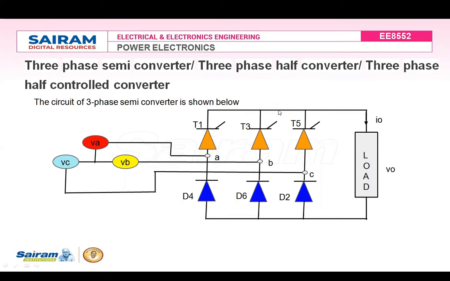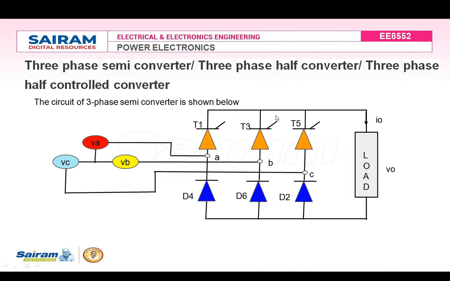Hello everyone. The topic of this seminar is the three-phase semiconverter. It's also called the three-phase half converter, or the three-phase half-controlled converter. It is a single quadrant converter, which means the output voltage and output current are always positive. And the three-phase semiconverter, or three-phase half bridge converter,